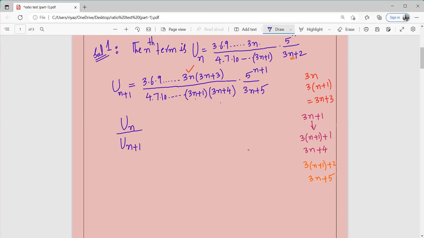Now find out the value of un by un plus 1. Any doubt in this step? Hello, what happened? नो सर। Up to here any doubt? जी सर, डाउट नहीं है सर।